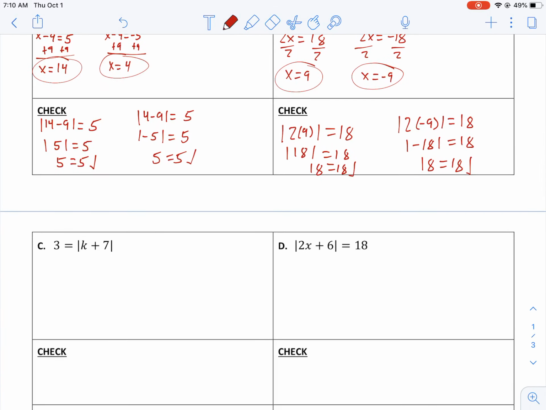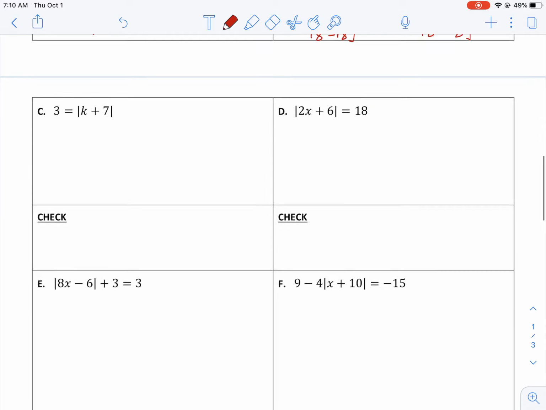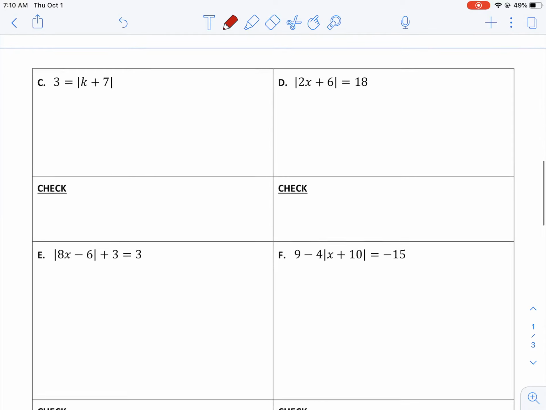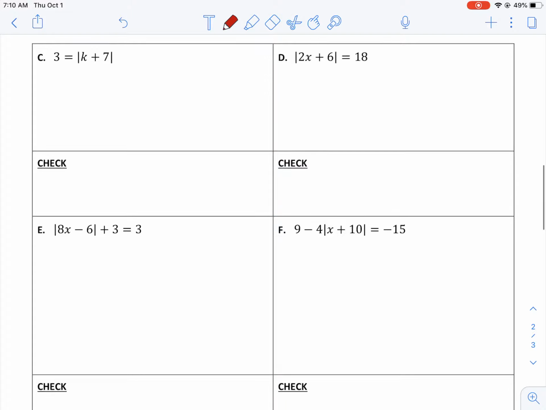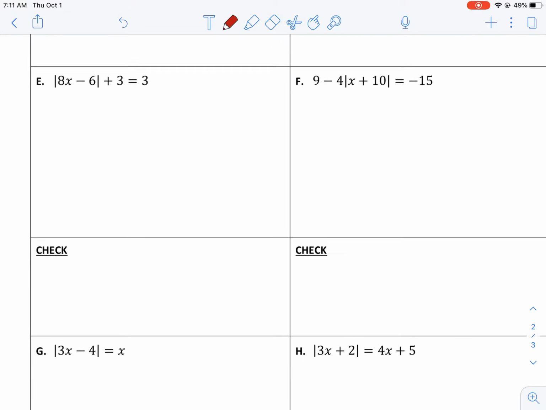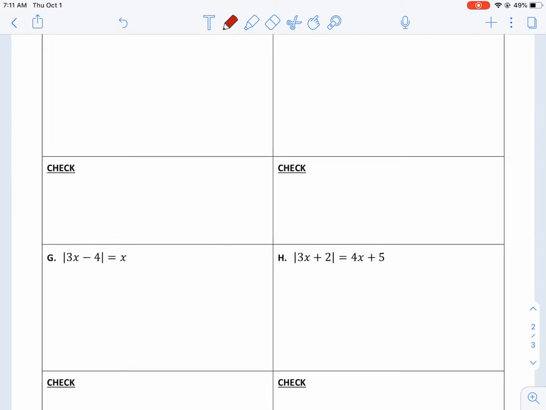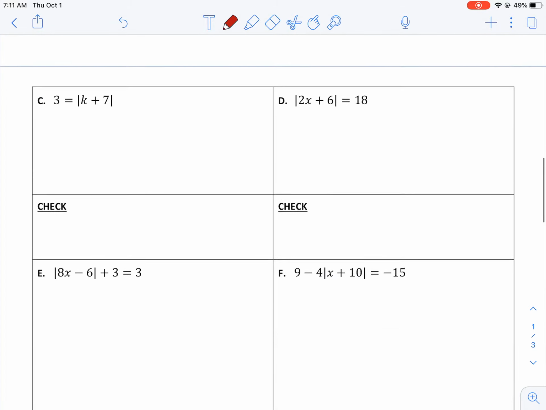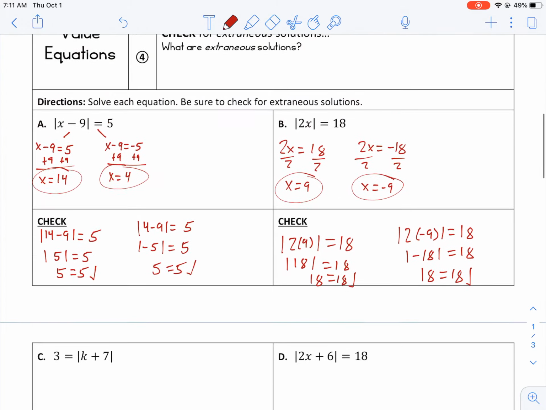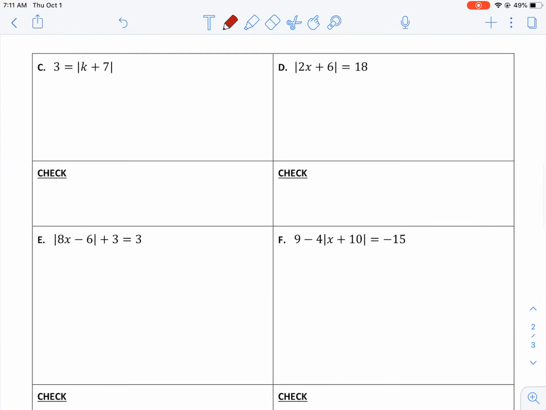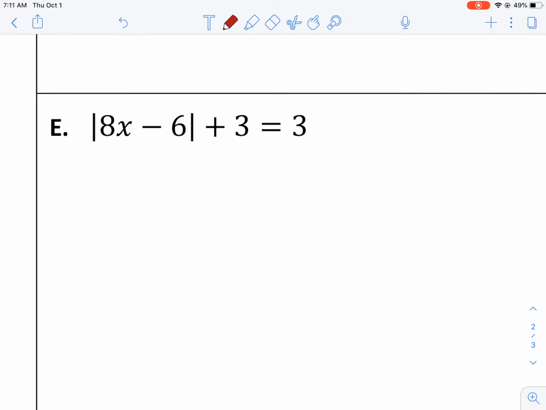Okay, so you can keep doing these, all right? I want to find one where it doesn't work. I mean, you can do any of these problems, all right, just like we did above. Well, I'm going to move down to some of these down here. You guys can do C and D on your own, and then check it on your own to make sure